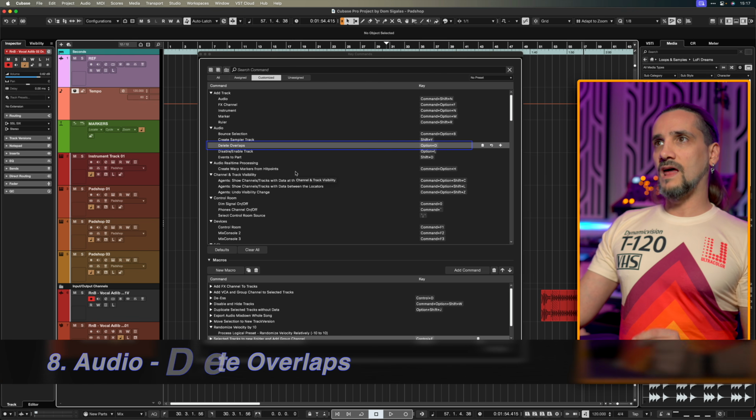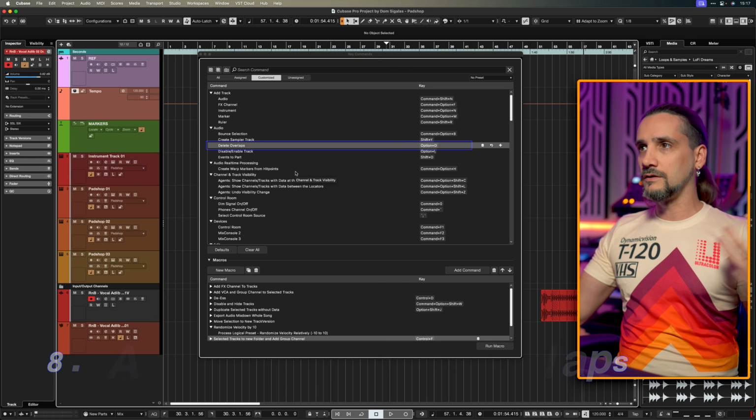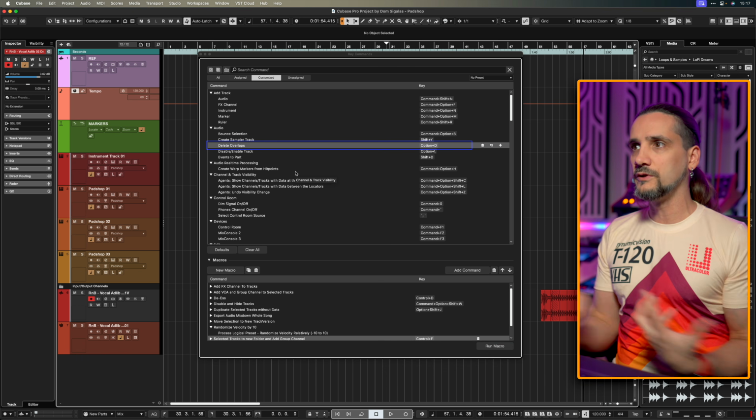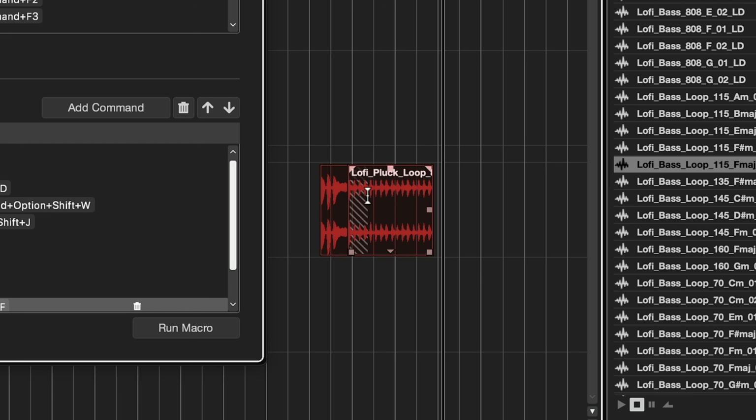I like this function. Number 8 is delete overlaps, and this is something that allows me to clean up my project if I have lots of audio recordings, lots of audio channels, and I have events overlapping with each other. So if I go to these events here and select them, you will see these events are overlapping right now. So you see these grid lines right here. If I select them and press Alt-D, this removes the overlaps, which allows you to clean up your audio takes